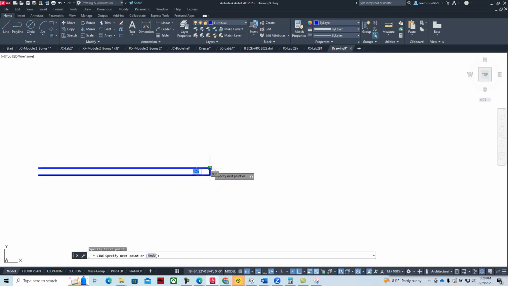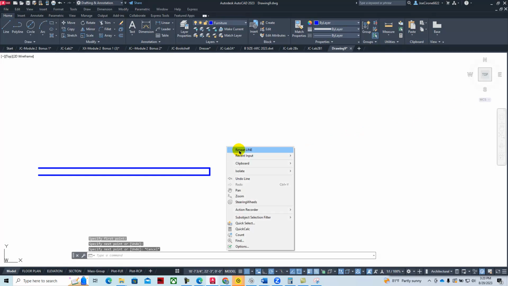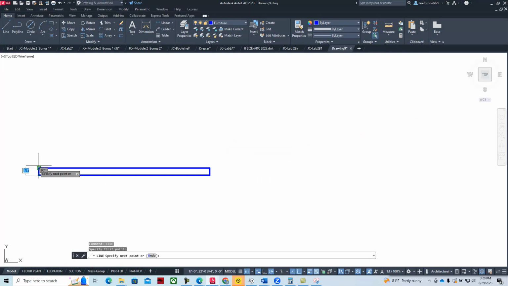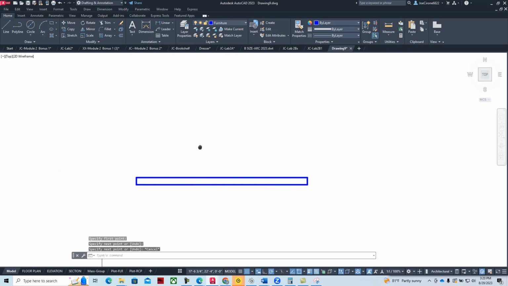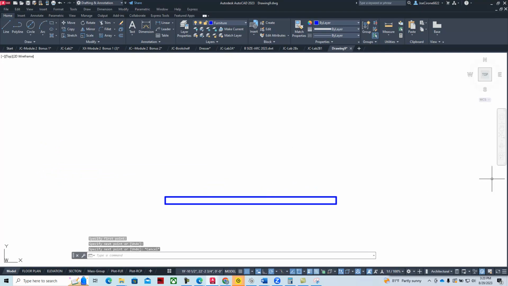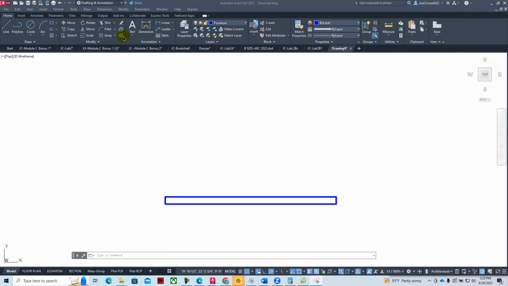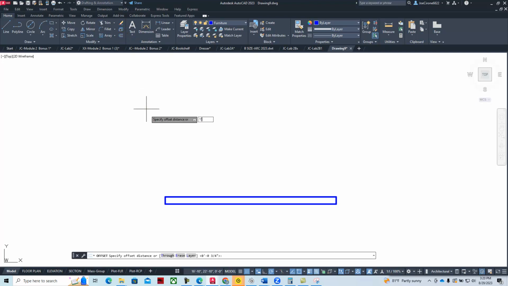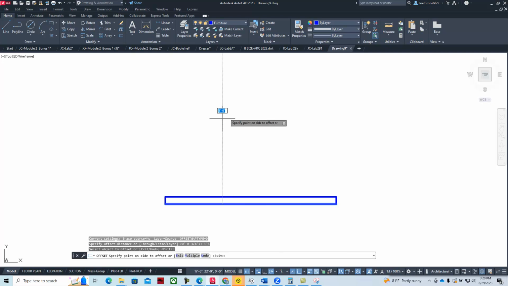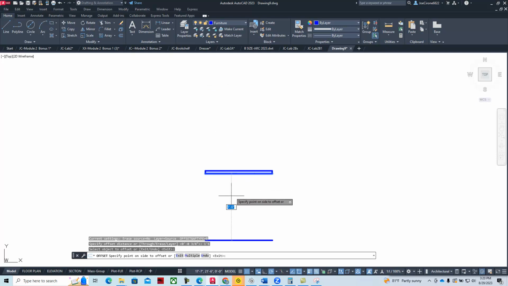We'll draw a line from this endpoint to this endpoint, hit escape, right click, repeat line, and hit escape. So there's the first bar. And then what we can do is we can offset this 1 foot 6 inches and draw the other bar in the top. And so we'll say offset, and we'll say 1 foot 6, enter, select this line here, and then up here you could either go down or up,